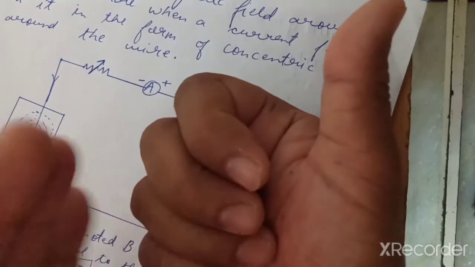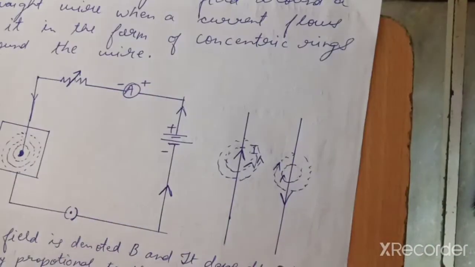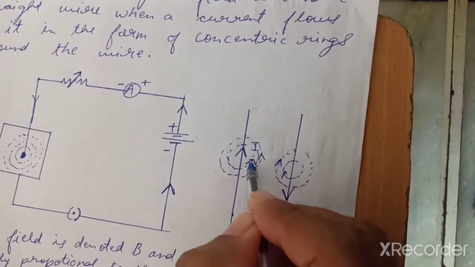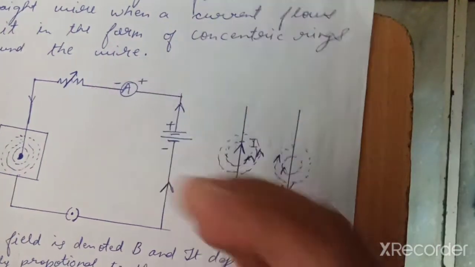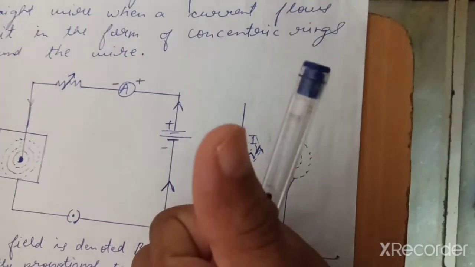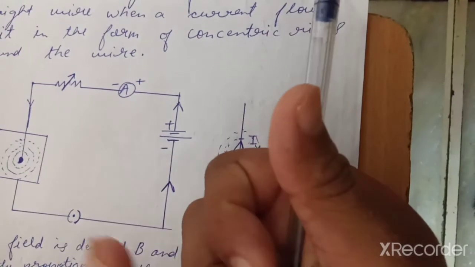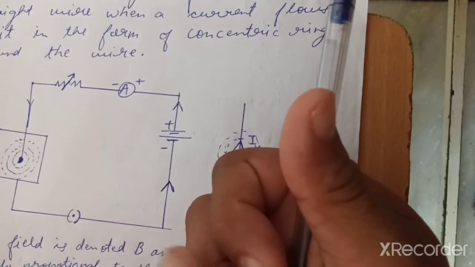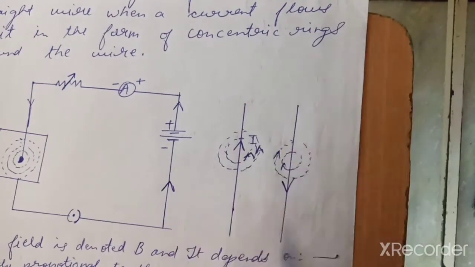of the magnetic field. Now these are going inside, so we can say that the magnetic field will be going inside. Why? Because the thumb is the direction of current and the curled fingers are the direction of the magnetic field, and they are going inside. The reverse of it will also happen.